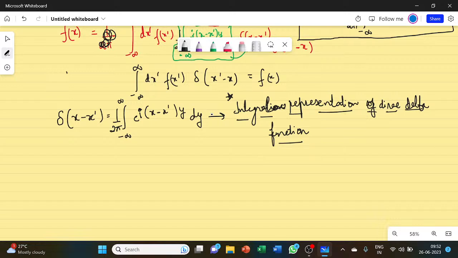Okay, so it is quite useful when it comes to quantum mechanics, and we'll see all these things in greater detail as we go along. But overall, understand this is one. And if I want to write Dirac delta of x, it will be simply 1 upon 2 pi, from minus infinity to plus infinity, e to the power iota x y dy. Or in terms of the formal